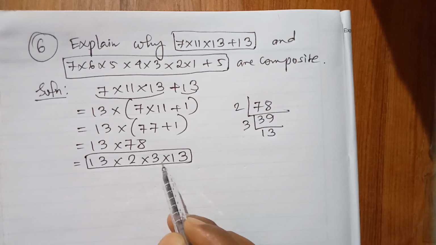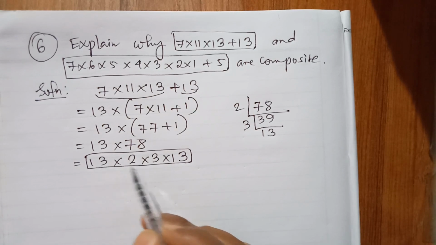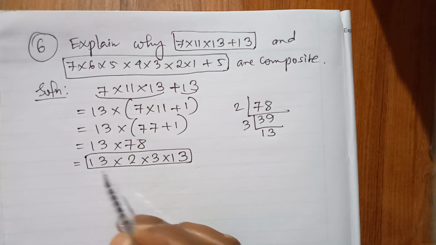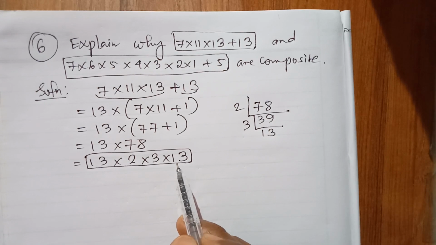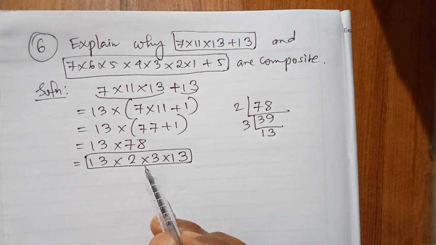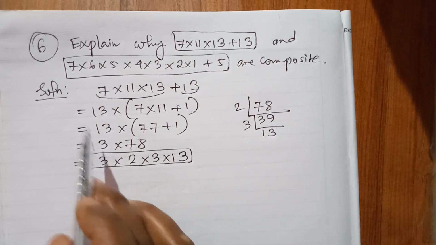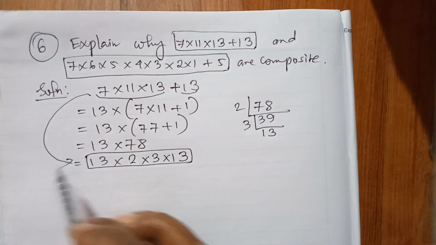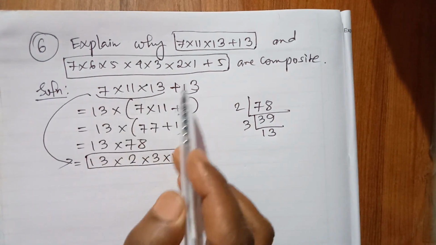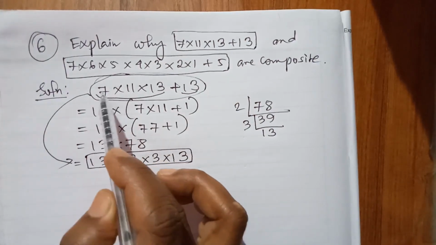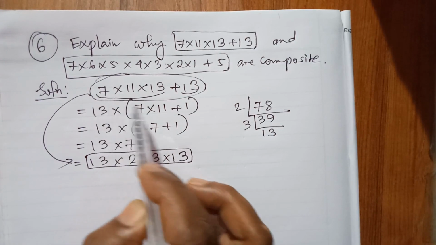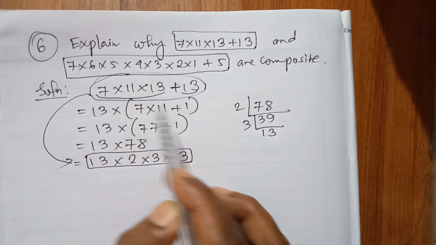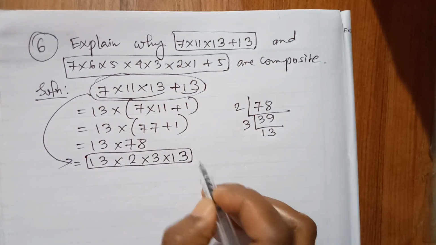Because each and every factor is a prime number and the prime factors are connected with the multiplication symbol, this is a prime factorization. And we know that a prime factorization always represents a composite number, because only composite numbers give a prime factorization. So as I am getting this prime factorization from this number, this number represents a prime factorization,